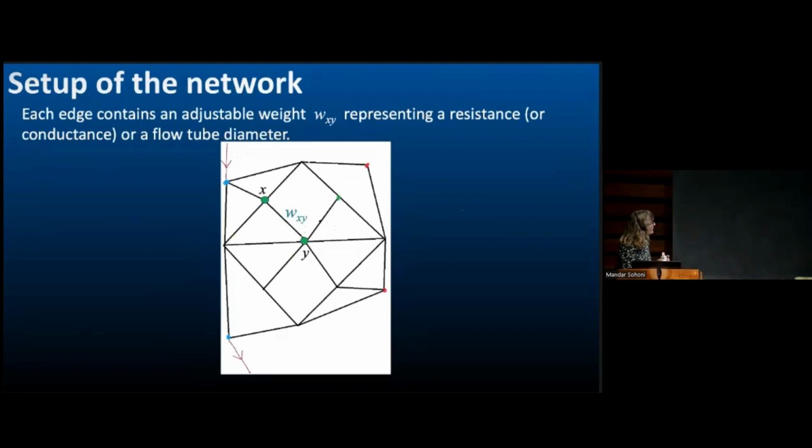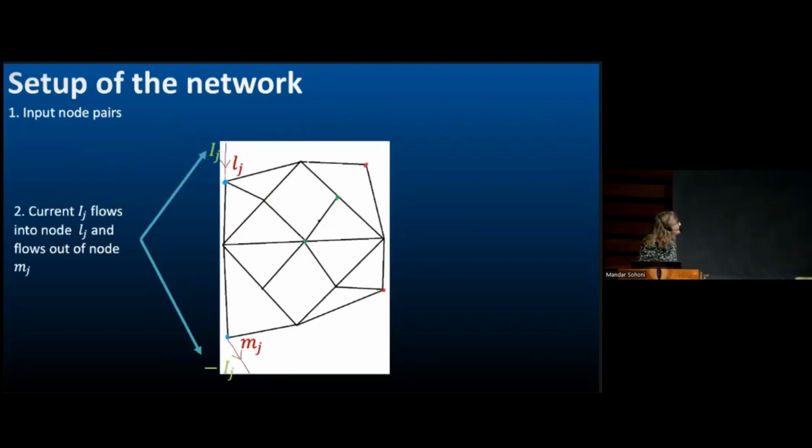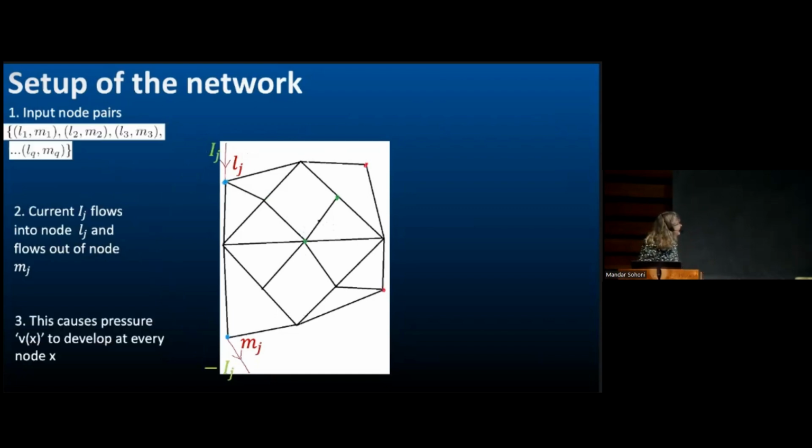So now if we think of a setup of a network, we have our adjustable weights. The nodes known as X and Y are hidden nodes. They're not connected to any inputs or outputs. For various reasons of simplification, we have input node pairs. So we can have a current flowing into one input node and flowing out of another input node pair. And this causes, of course, we go now to the flow network and resistor network, same math, at least for now. There's a pressure drop, or pressure, that develops at every node X in terms of these